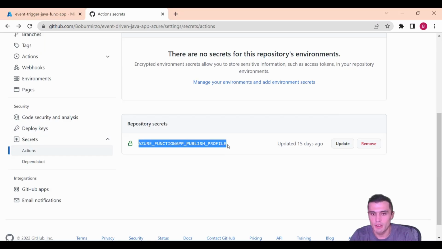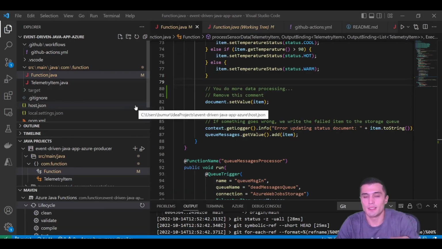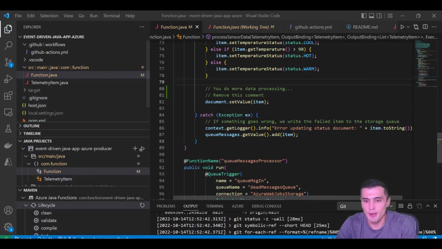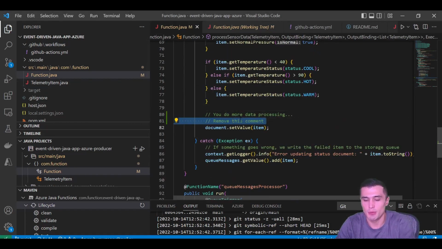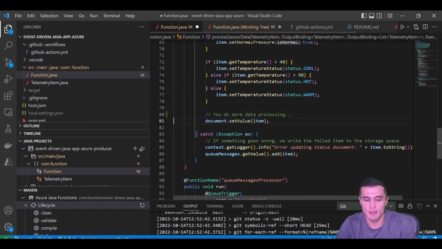The same as here, like Azure function publish profile. Once the GitHub Actions is set up, we can try to test it. For example, we are trying to change something on functions. Let's remove, for simplicity, this command and click save these changes.